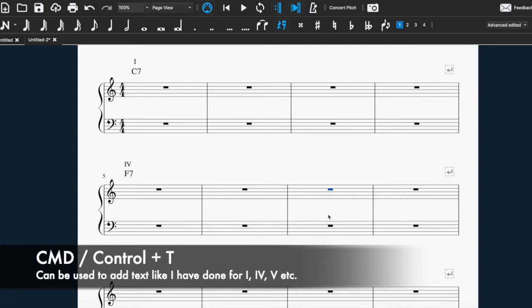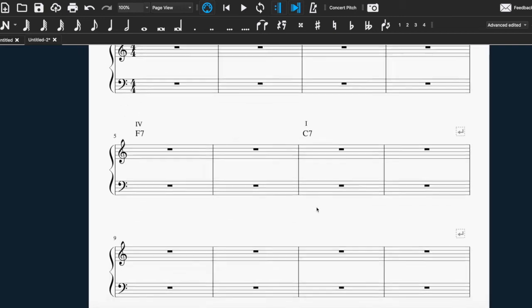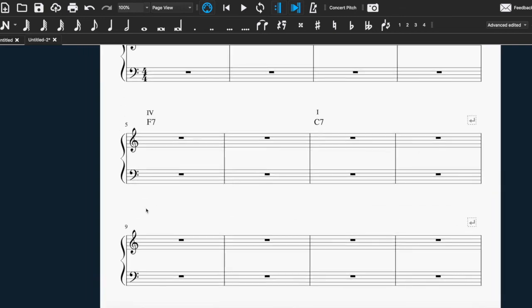Now, instead of putting it in, I'm just going to copy. So I'm going to select the C7 and go Command C or Control C, and Command V or Control V to paste, and I'll take that the same way. And then that usually goes on for 2 bars, and then what happens here is we usually go to the 5th. So actually I'm just going to be lazy and copy the F7 and change it to a G. And then copy that